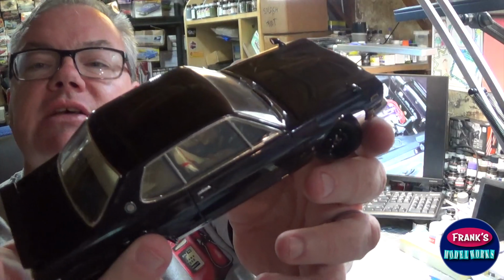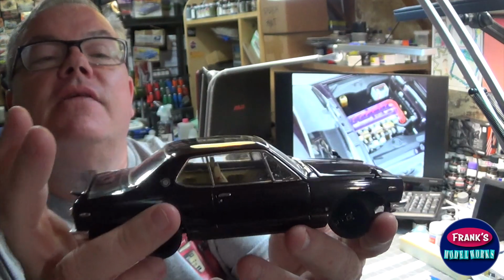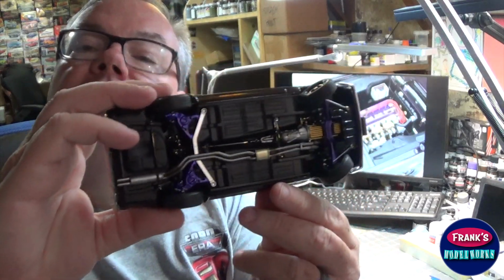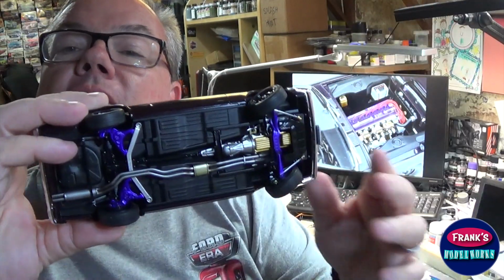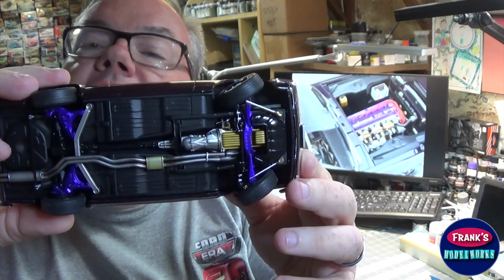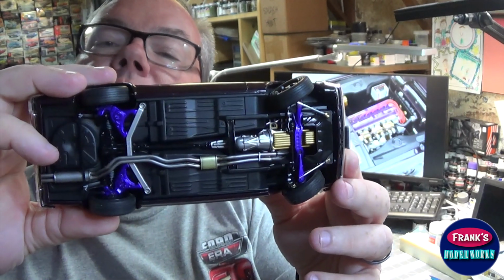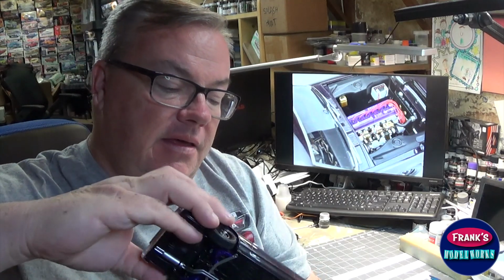You might be able to see inside. There's harnesses on the seats. It is right-hand drive. Steering is posable. Here's the undercarriage, which has some blue accents to represent like anodized aluminum on the suspension, some metallics on the drivetrain and the exhaust, and in the